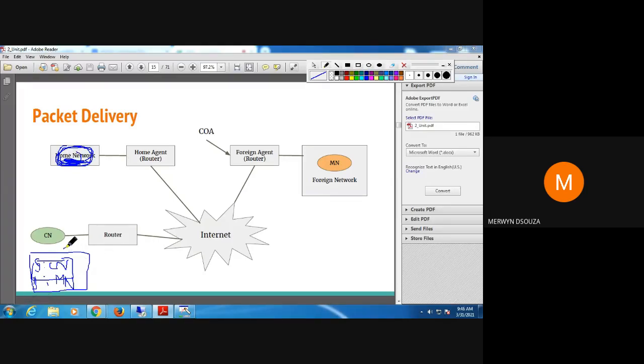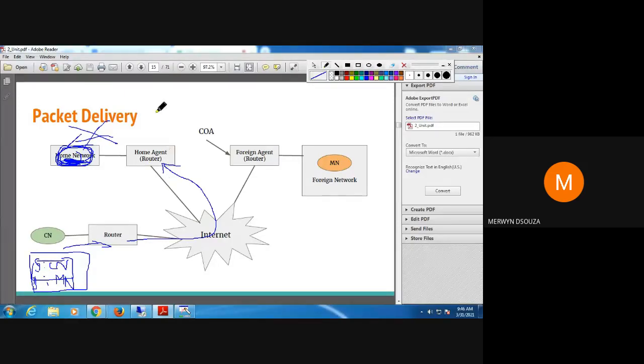It sends the packet to the router, and the router forwards it through the internet to the home agent. Now we know this already. If the MN is present here, the packet will be delivered here. But if the MN is not present here, then the packet has to be delivered to the foreign network.